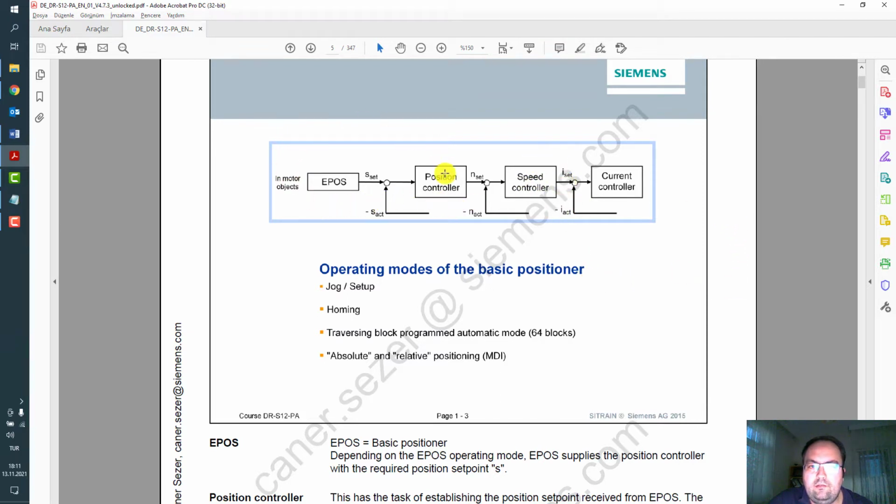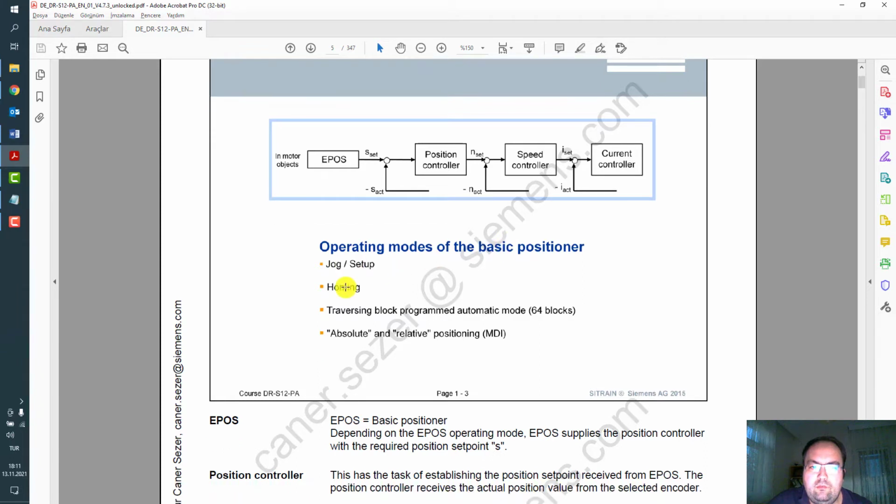And the first step, there is another additional EPOS object or function. It will generate also the position set point to the position controller. And step by step, it's a block diagram of our controllers.